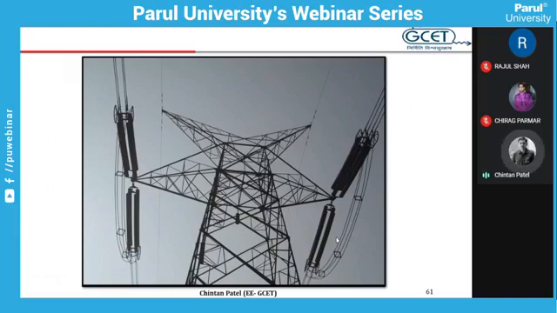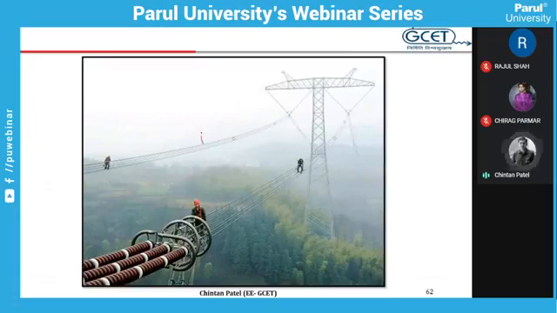This is another transmission line. In all earlier transmission lines, we have observed 3 line conductors. But in this case, there are only 2 line conductors, and 2 line conductors are used only in HVDC lines. This is an 800 kV HVDC line. And now they are called poles. So this is pole 1, pole 2. Here also there are 2 poles, maybe same polarity or different polarity. This is a photograph of an 800 kV transmission line from China.